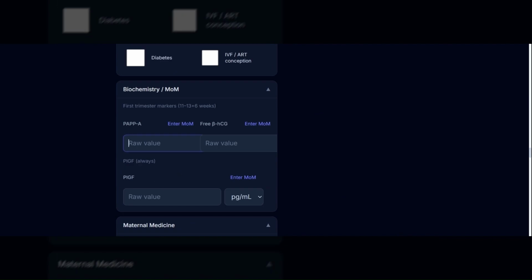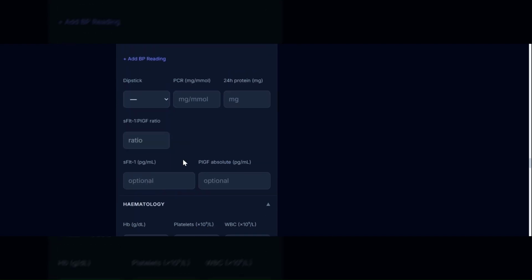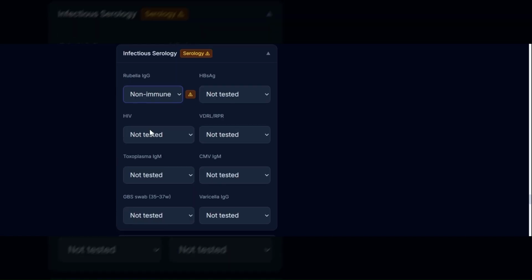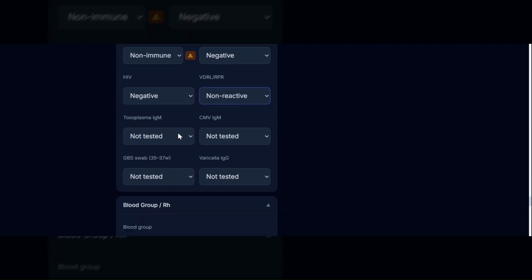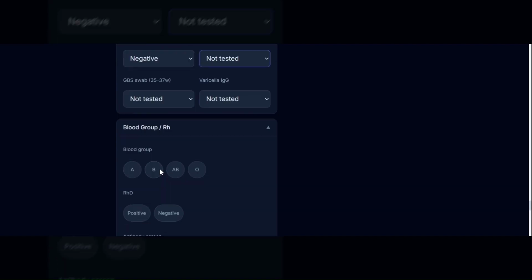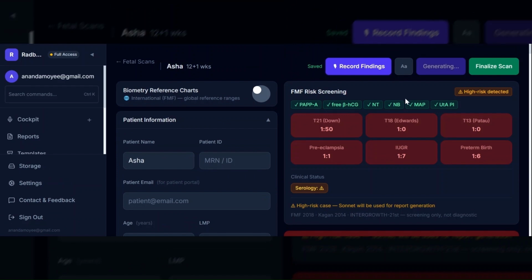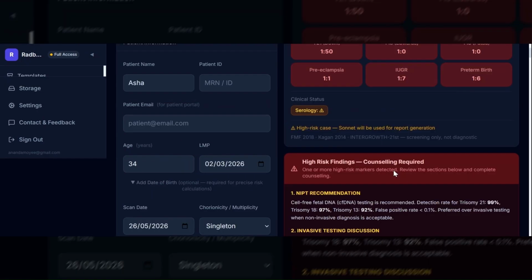maternal observations. Fetal biometric measurements including CRL, biparietal diameter, head circumference, abdominal circumference, femur length, estimated fetal weight, gestational age, and percentile calculations are automatically organized into the correct sections. The platform also supports documentation of anatomical findings involving the brain, spine, face, thorax, heart, abdomen, kidneys, limbs, and other fetal structures. Placental position, cervical length, amniotic fluid measurements, and Doppler parameters can also be entered quickly within the same